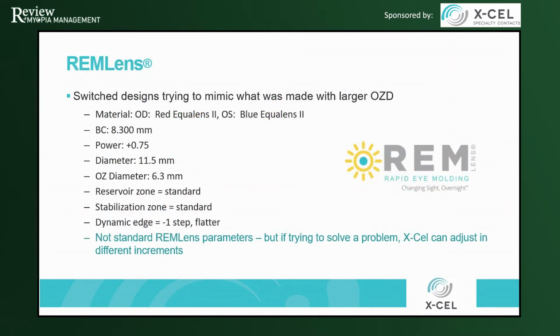Right. So I said, Tony, this is what I need. This is what's worked for me. So we kept the base curve at 8.3, the power at 0.75, and the diameter at 11.5. But this is where the REM lens is a little bit different because, as Tony said, you can manipulate a zone without affecting the fit of the lens. And just like the Atlantis scleral lens that X-Cel has, that I'm very familiar with, you work from the inside out. So we started on the inside here, and the first change that we made was a much larger